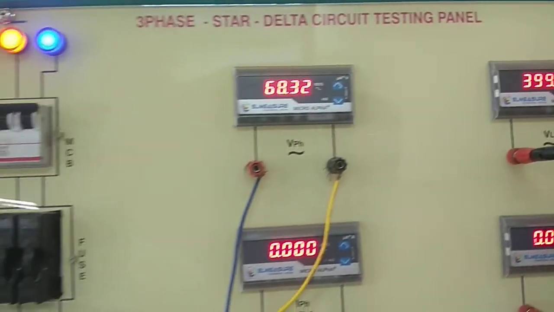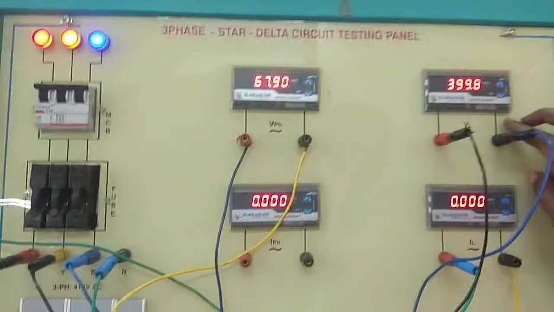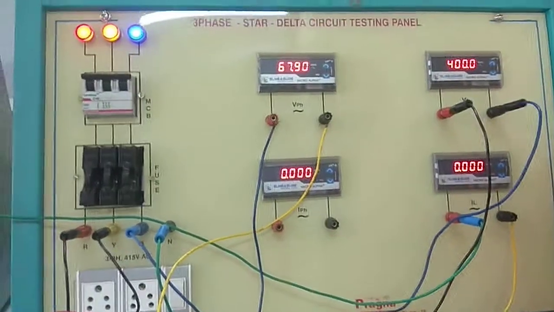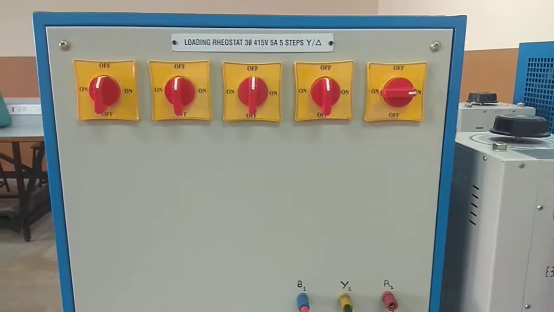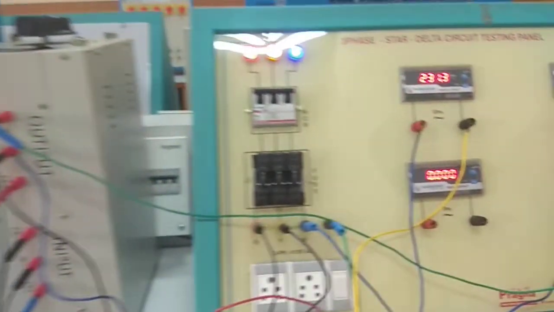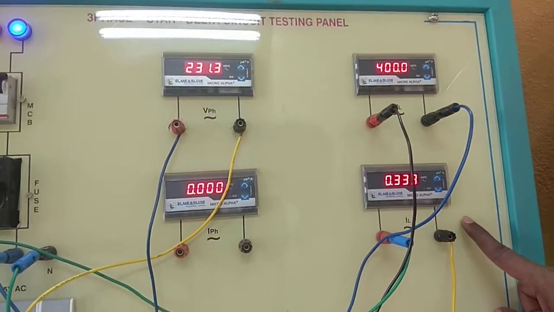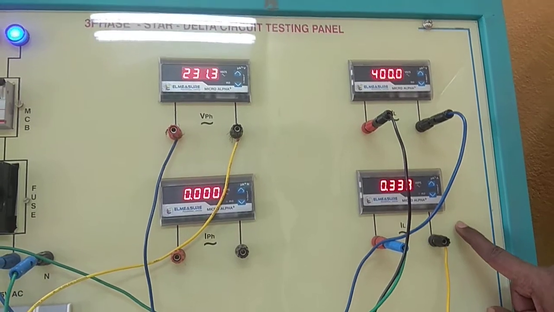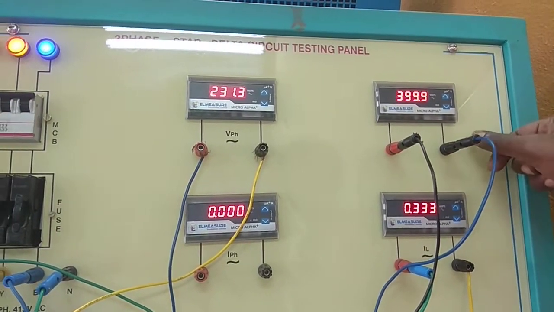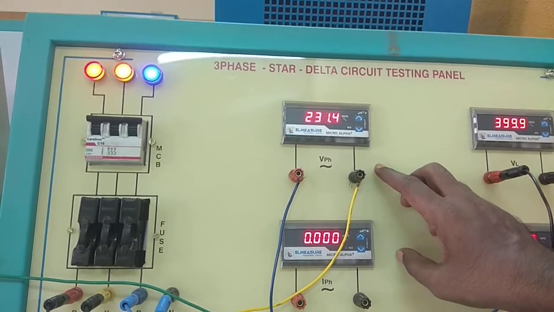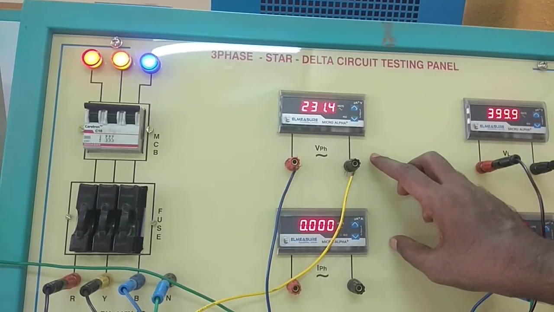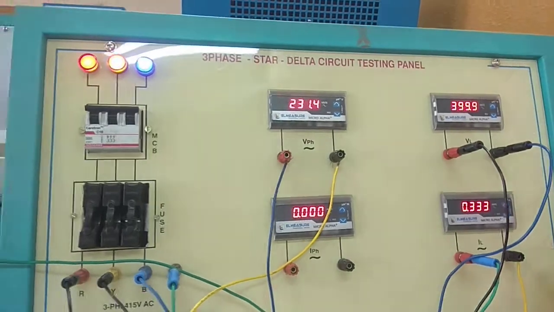So now once you keep this line voltage at 400 volts, you can start giving the values of the load over there. So I'll be switching on one load here. Now when you switch on one load, you look into the current consumption here. You can see line current is measuring a value of 0.33 amperes. So for that corresponding values, line voltage we have set it to 400 volts, and the phase voltage is coming 231 volts. These readings you have to tabulate in your tabular column. So this is the first set of readings.